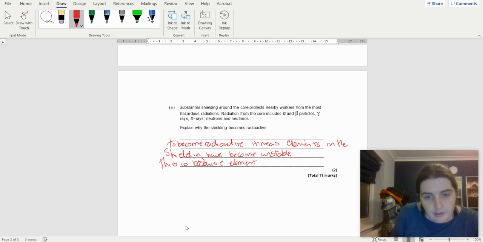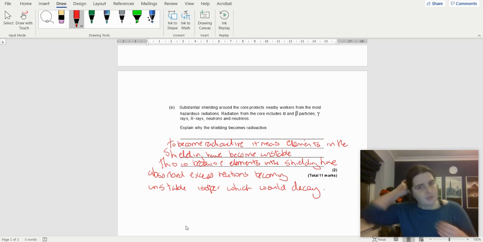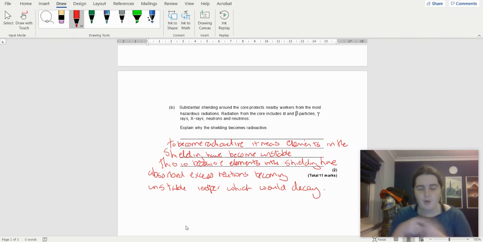elements in the shielding have absorbed excess neutrons, becoming unstable isotopes, which would decay. Okay, so what this is talking about here is like it wants you to understand why would something become